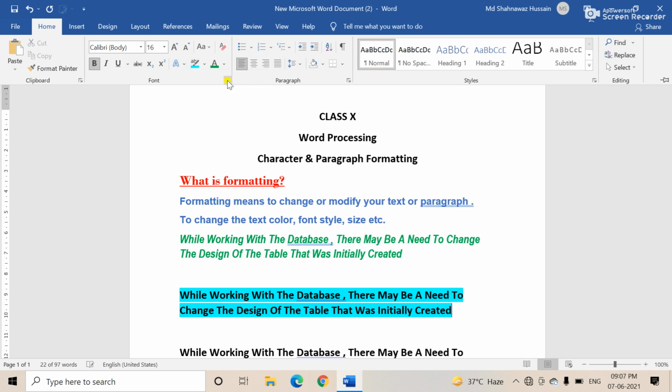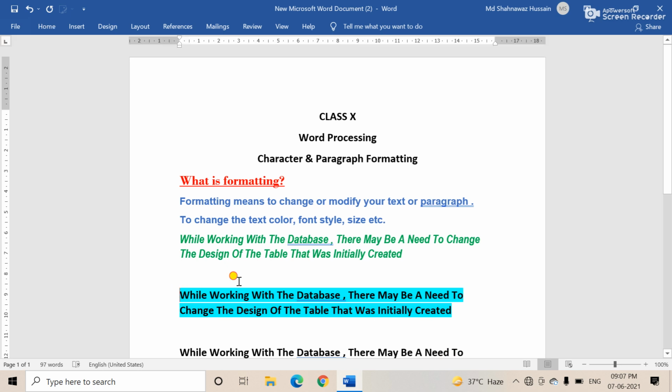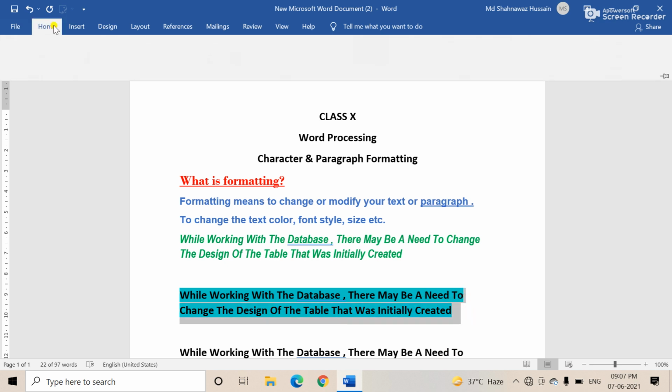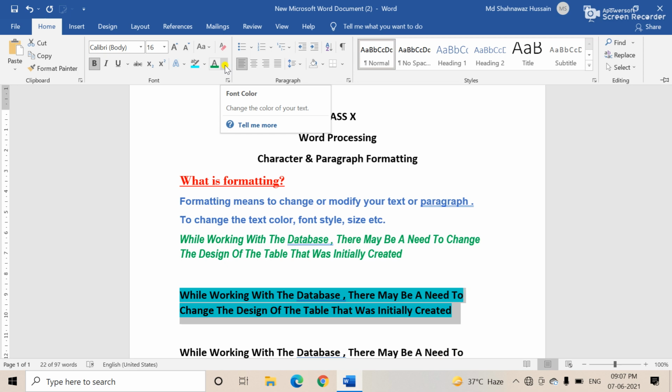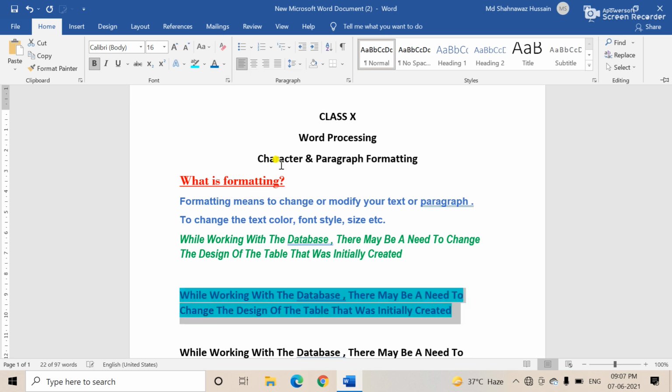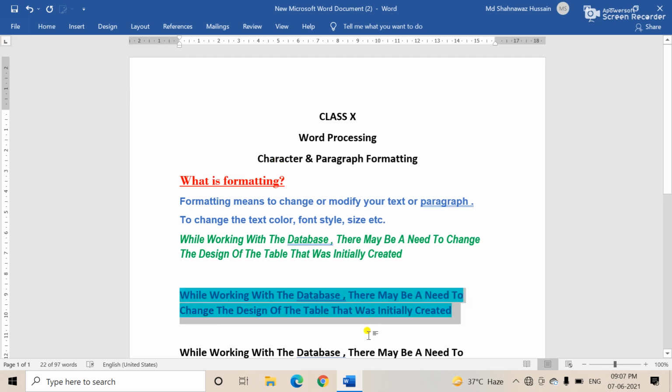Just select like this. Okay. And if you want to apply the text color, then you click like this. Previously you have already completed. Again I am showing you, just here is the color, click over there and use any colors as per your choice. Okay, completed.